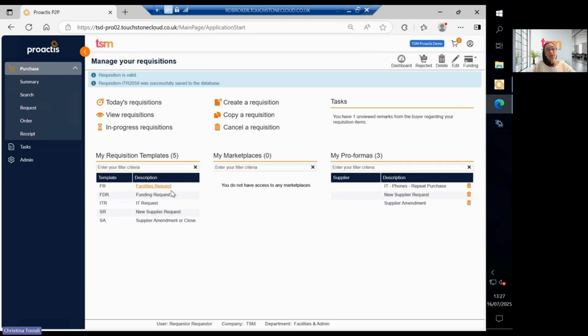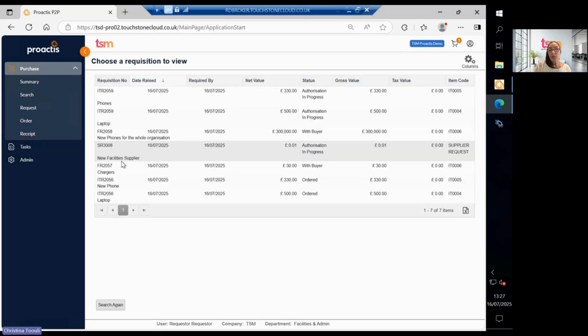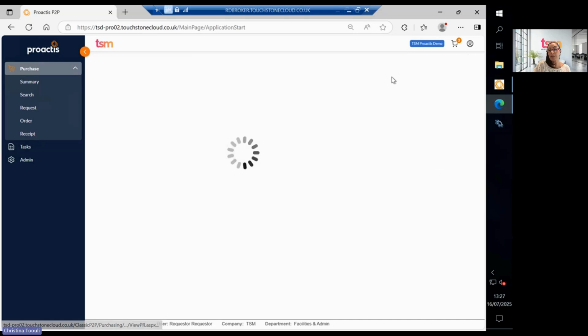So I can raise items for all sorts of things. I could put stationery on there if I had permissions to. You can really combine everything. If I navigate to today's requisitions, I can see that I've raised my requests. They've gone off to be authorised. And if I just log in as the authoriser,